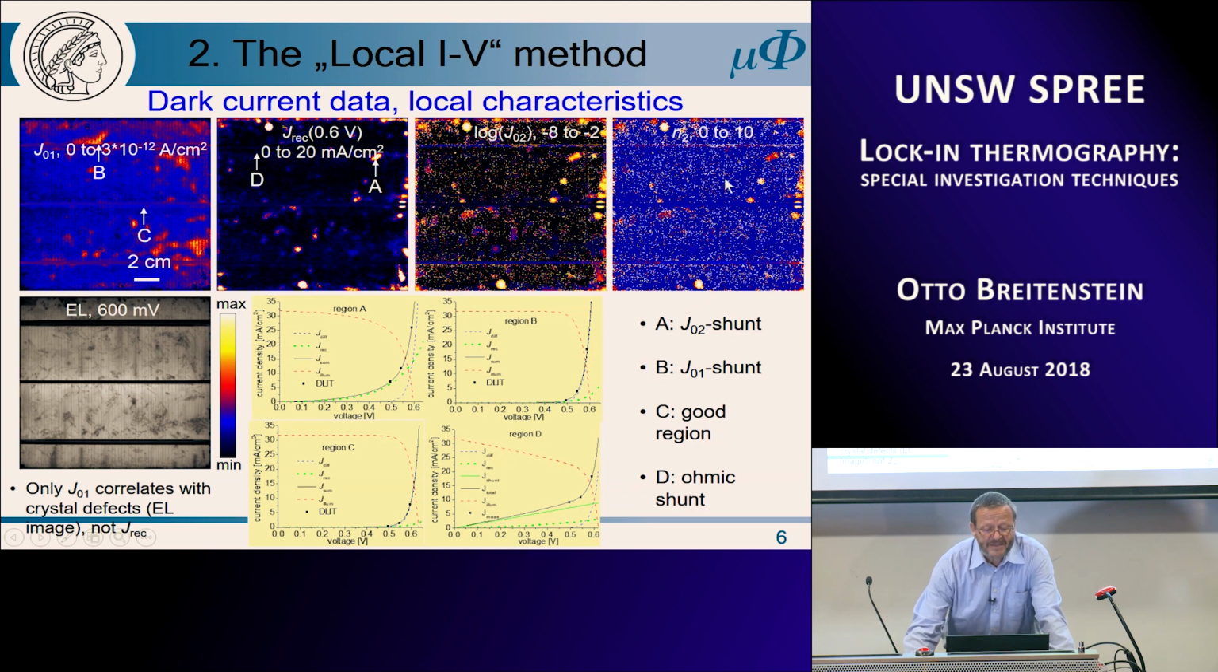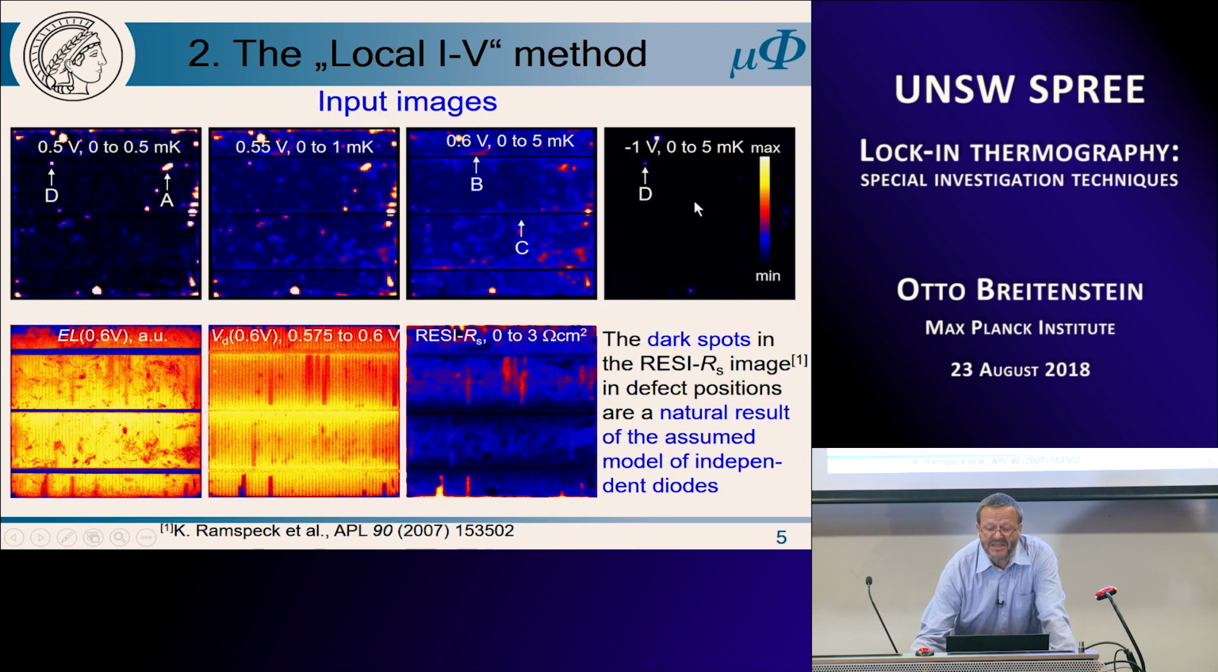So, when we have this, we may construct both dark and illuminated I-V characteristics in these special positions. Position A is a typical J02 shunt. Position B is a J01 shunt, so a maximum of the J01. Position C, I have to go back, is a very good region, as you will see at the end. And position D is an ohmic shunt. I haven't used these ohmic shunts because they have ohmic and J02 contribution, but this is a pure ohmic shunt,